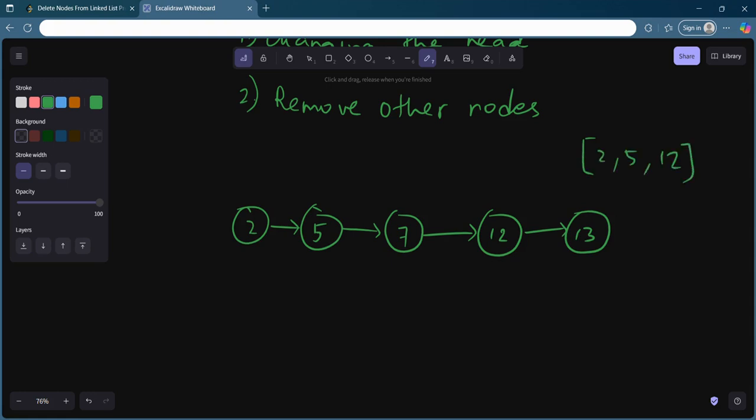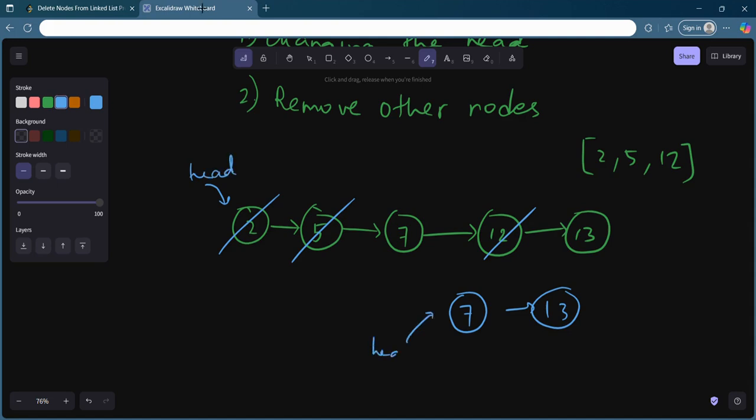You would need to delete these three elements, and your final linked list will consist of 7 and 13 only. But wait, your earlier head of the linked list was 2. Your new head is 7. So you updated the head.